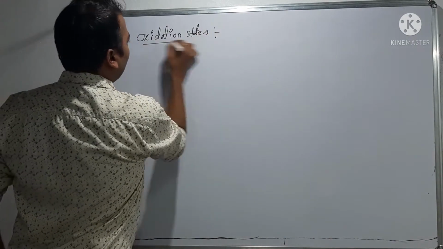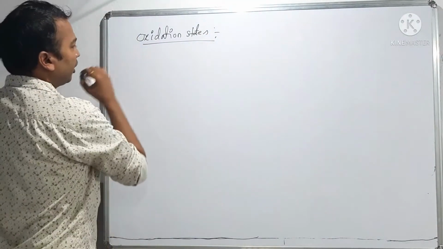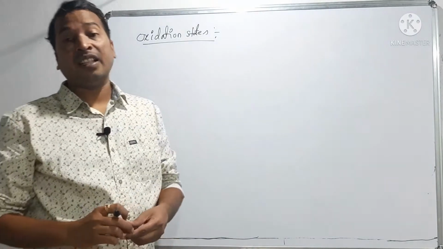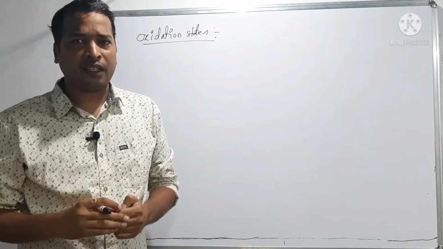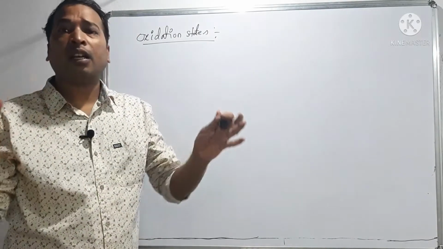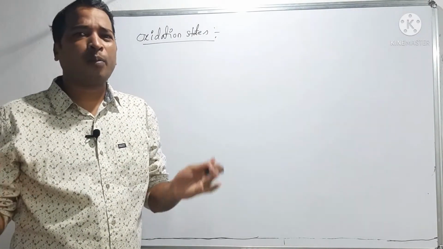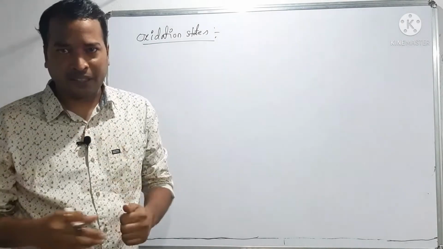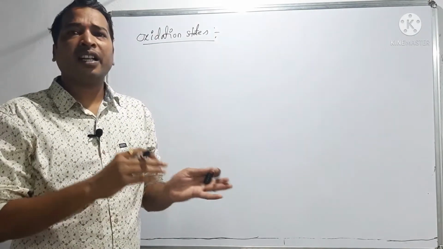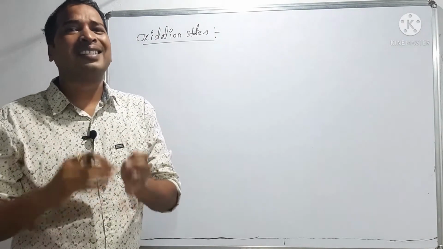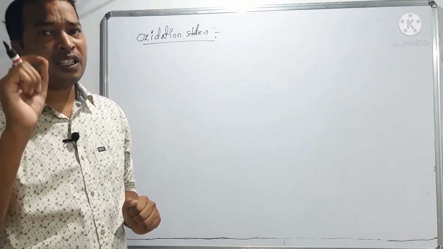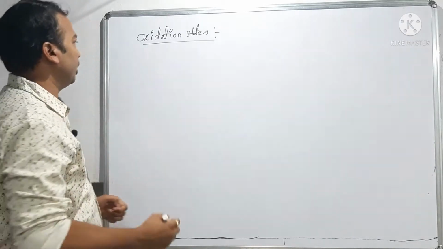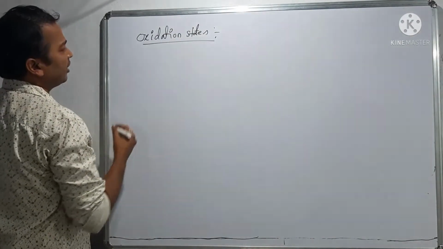So, what is oxidation state? Generally, oxidation state is the charge present on an atom of an element in a molecule. A molecule is formed by the combination of atoms of different elements, and each and every individual atom carries a charge in that molecule. That charge is nothing but the oxidation state of that atom in the molecule. So, we can define oxidation state like this: